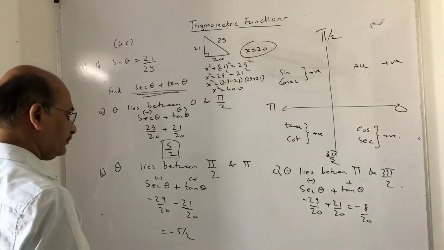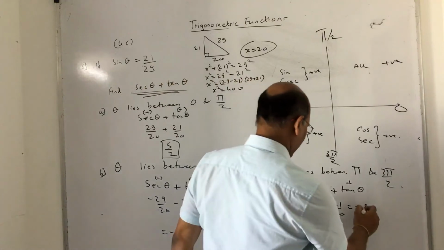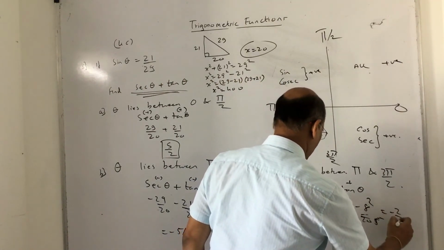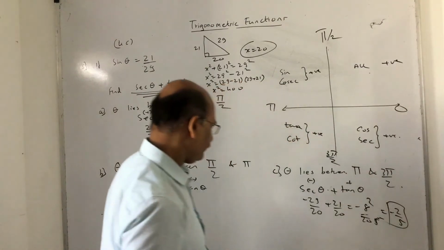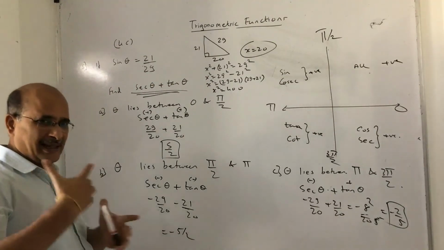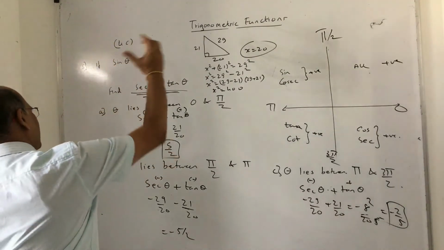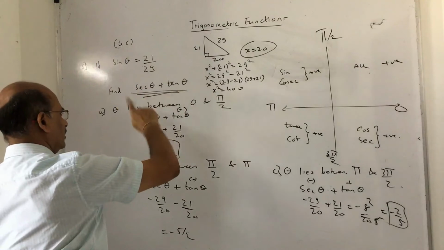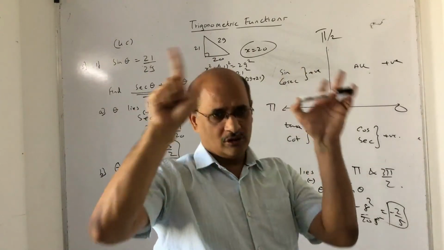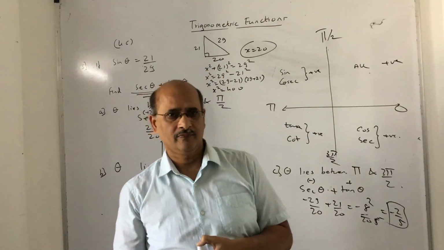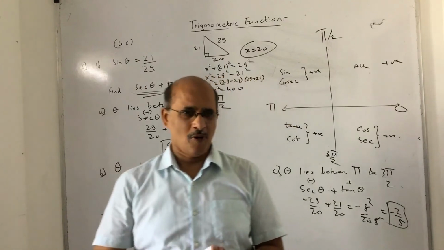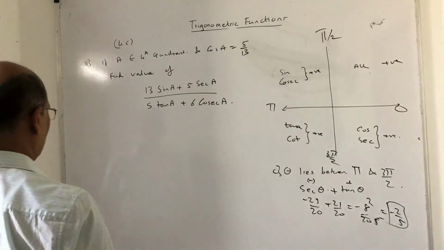Minus 8 upon 20. So 4 2s are 8, 4 5s are 20. So I believe it should be minus 2 upon 5. Check the calculation. Yes. We are doing the same funda, triangle convention, finding the values of the expression. This is what 4C is completely built on. Okay, so I hope you got this point clear. So pause and note it down.